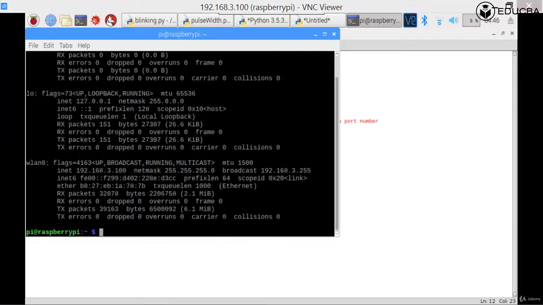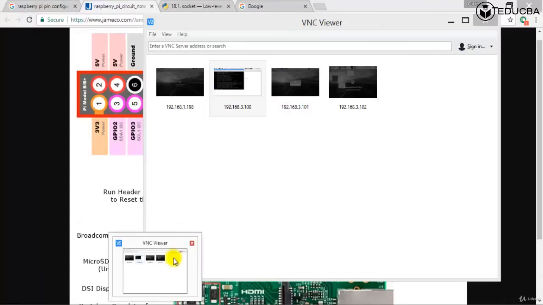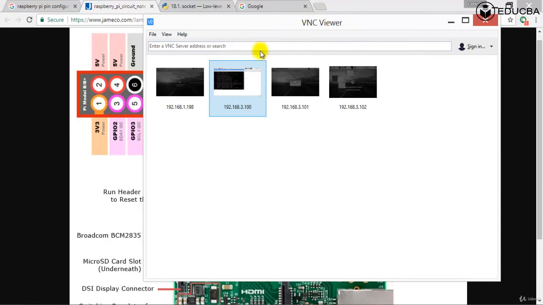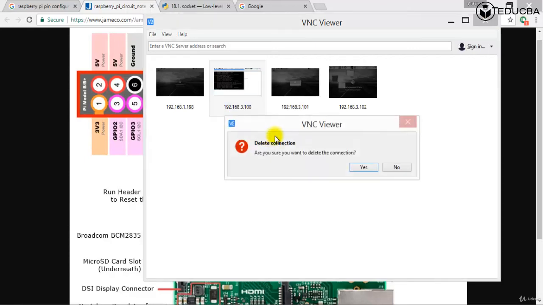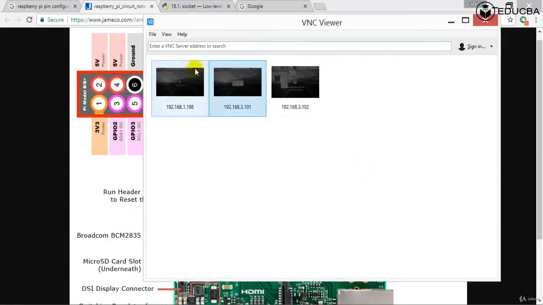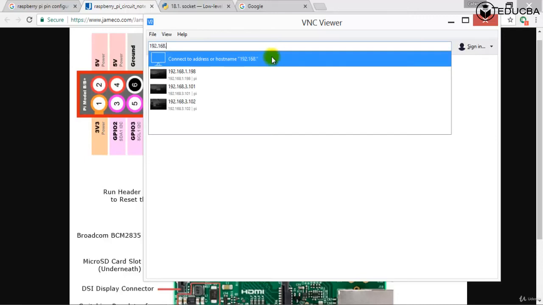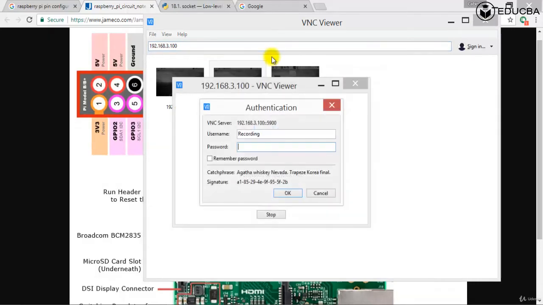So say for example I switch off this Raspberry Pi completely, and now I have just the VNC viewer. This is 3.100, right? So I delete the connection completely. Now I need to connect to 192.168.3.100.